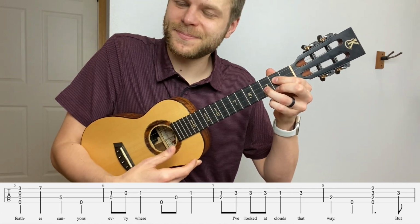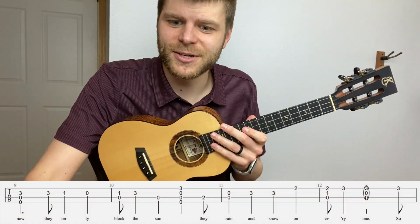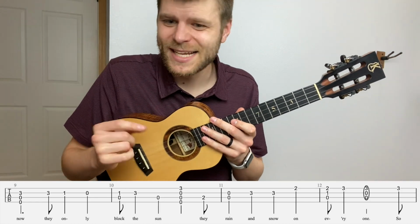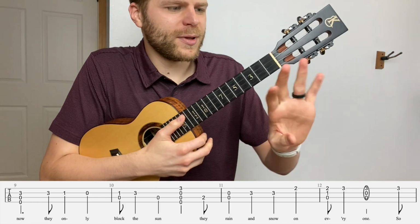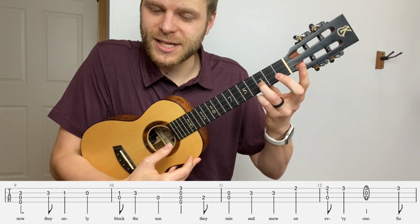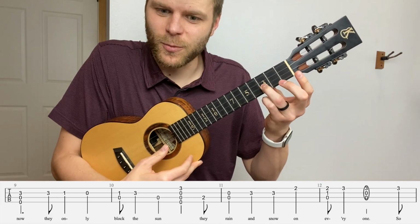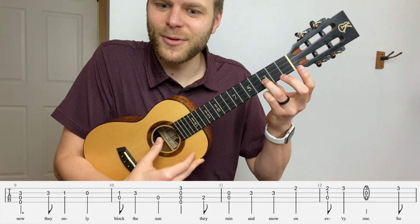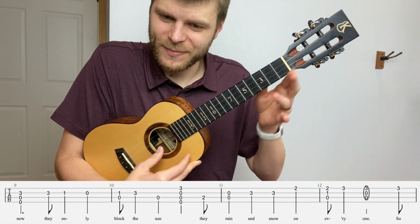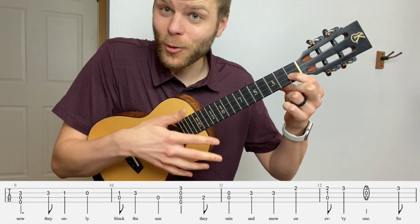But now we go on to measure 9, and measure 9 is actually very similar to measure 1. It's a little bit different rhythmically, but it's the same notes. We're going to start here with the ring finger here on the 3 of the E string and play those just like we did at the start. Then we'll play 3 on the E again for the word they. So we have now, they, and then only. So what that is the index finger here on 1 of the E string for the word own of only,